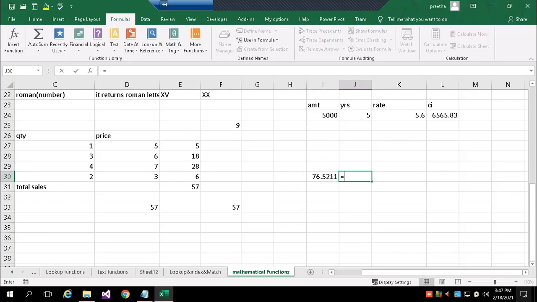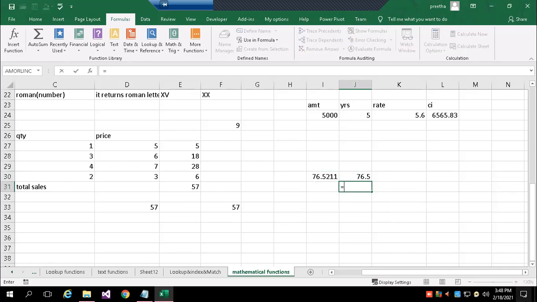How do I round this off? ROUND, I'll say 1 digit. What I'm getting is 76.5. So we said extract only one digit after the decimal.